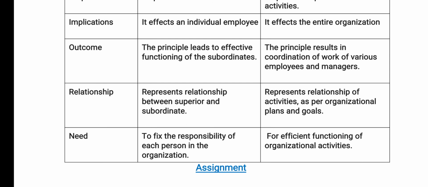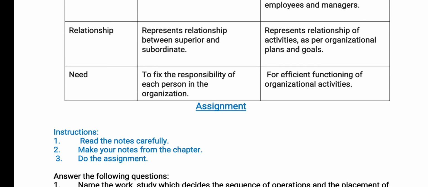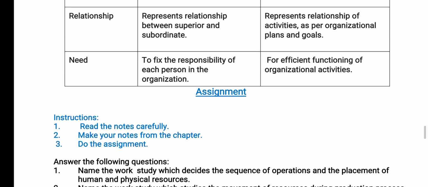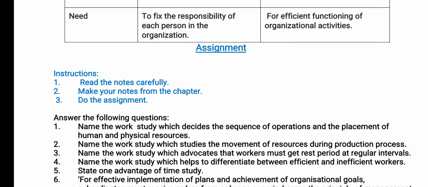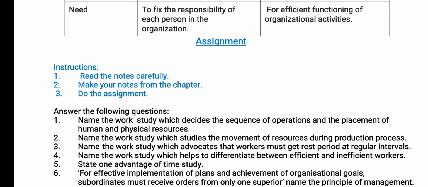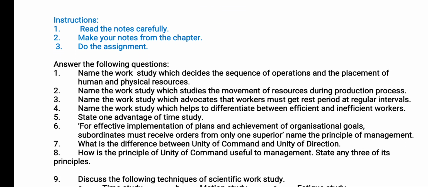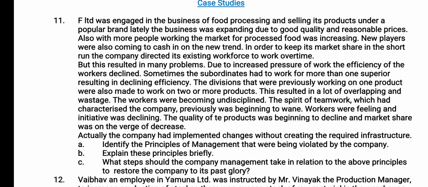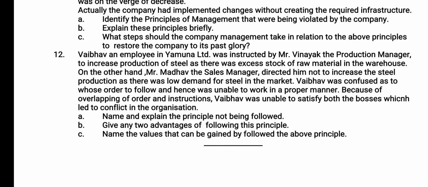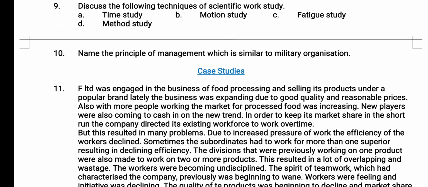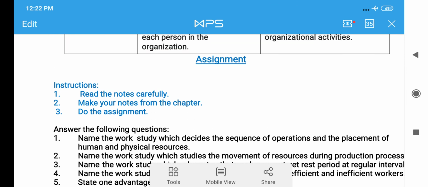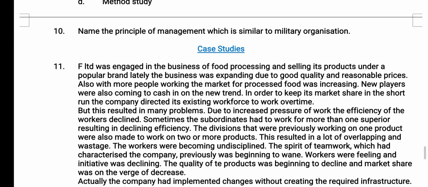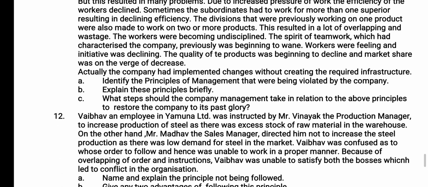So, our today's topic is finished, and we will continue in our next class with the other principles which are left. I am giving you one assignment for which you have to make your own notes from the above given PDF file, and do the assignment that I have given to you. Do all the questions and the case study which has been given to you. First, go through the PDF file and the reference video. The link you can see is given at the top of the chapter. Do the assignments and read the PDF file very carefully.